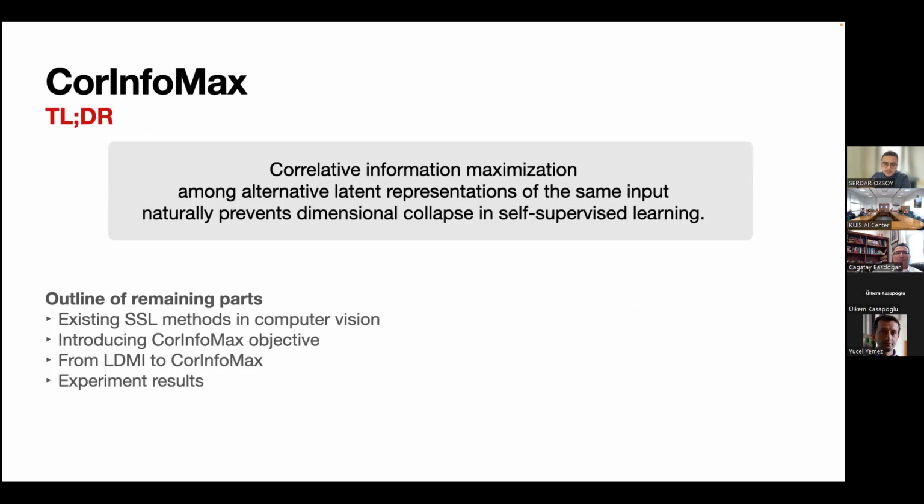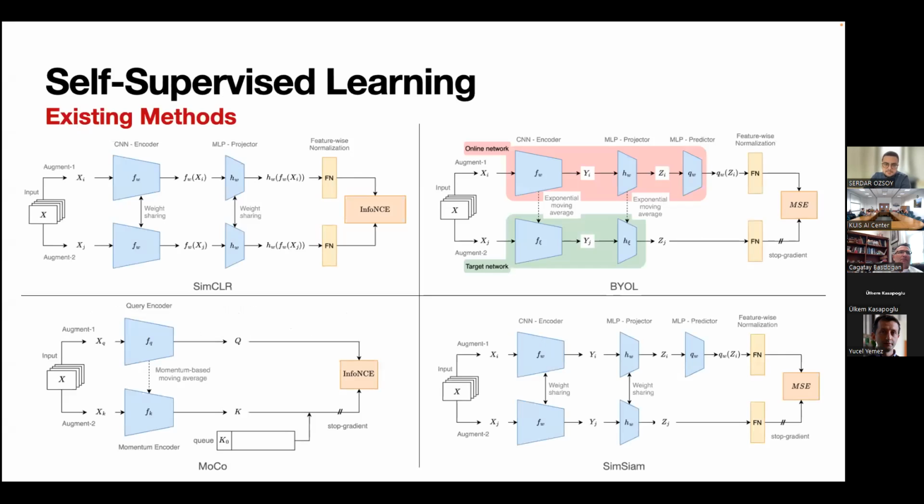In the remaining part of the presentation, we will go shortly over the existing self-supervised learning methods in computer vision. Then we will introduce the CorInfoMax objective, and we will briefly explain how we arrive at the CorInfoMax objective from the LDMI, and finally we will share our experimental results.